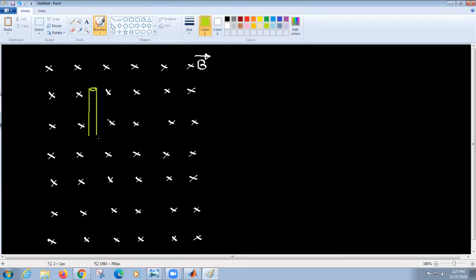Okay, so you have a conductor like this. Now say this end is M, this end is N, the length is L, and it is moving like this with velocity V. So what is the induced EMF across MN now? You are moving this conductor with velocity V, say towards the right. We have already done this, right? What is the induced EMF now? BVL.